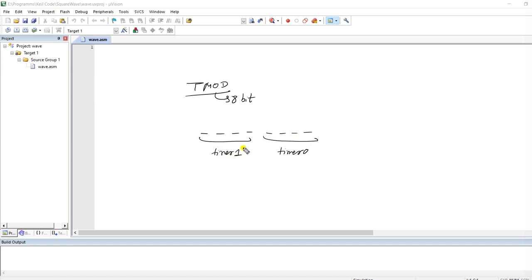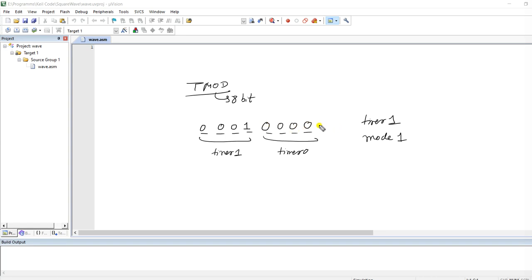What we are going to do here is use timer 1, and in timer 1 we have to use mode 1. So in the timer 1 section we have to write 1, and this is our timer 0 section, which we are not going to use, so we will write all zeros here.